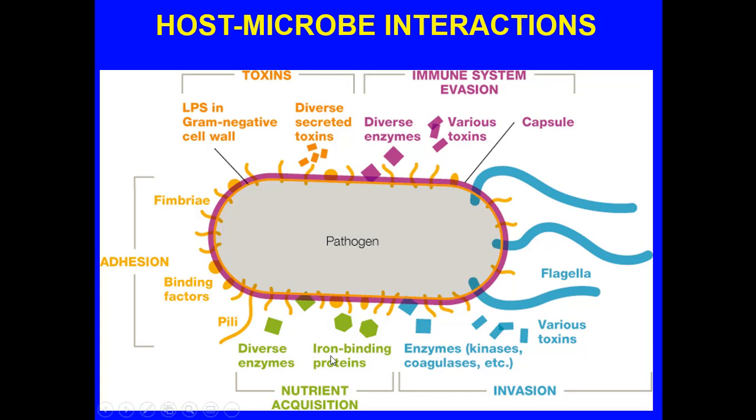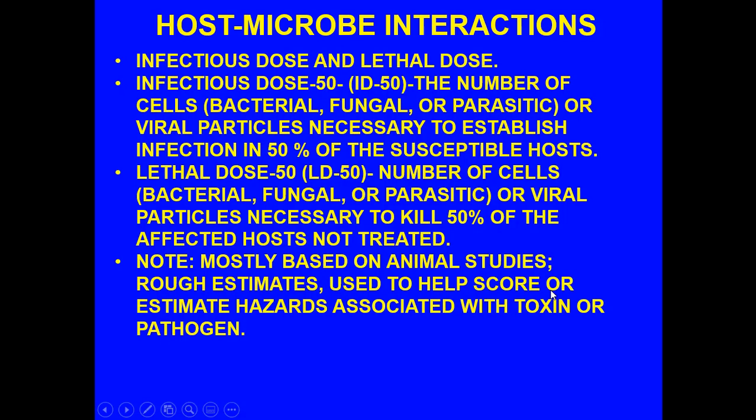The other thing that we're going to be talking about is iron binding proteins. Keep that in the back of your mind because it's interesting. Iron is absolutely essential for some pathogens to survive. The body may attempt to sequester and keep that from the pathogen, but the pathogen has other means to grab onto iron and hold onto it and bring it inside itself to successfully continue the invasion and the proliferation within the cells. Finally, we talk about invasion. There are various toxins, various enzymes that will break down and allow it to get inside, as well as flagella.